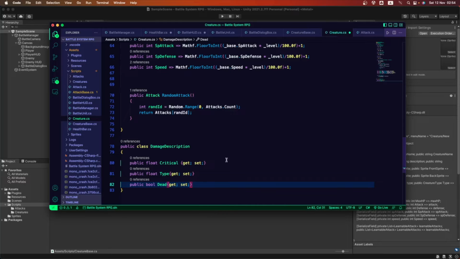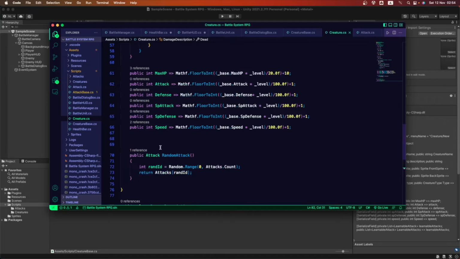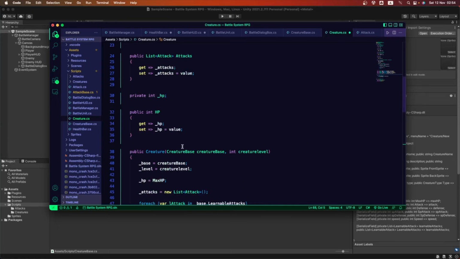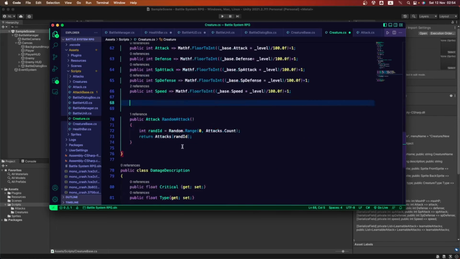Great, so now we built that, and now we can go back into our main class. First things first, we're going to add a method here called damage description, or let me see, receive damage. Yeah, this is going to be called receive damage. Sorry, damage description is this one.